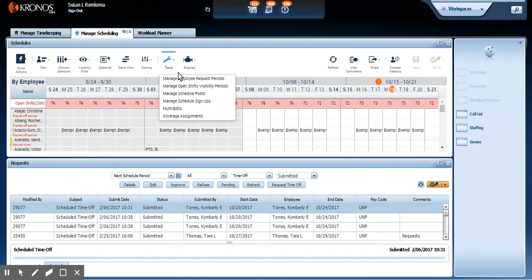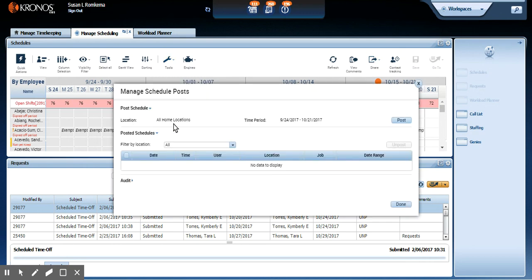Taking away a lot of steps, all you really have to do is your visibility periods. And once you're done balancing, you actually go to schedule posts. You'll see the time. You actually have to be in the time period also. If you're in the time period, you'll see that time period there, and you just post it. And it'll be done. The staff will be able to see